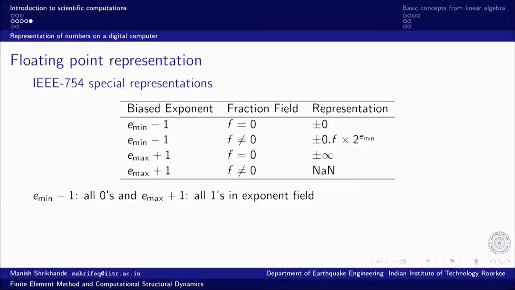So, binary field, I mean 0 0 0 0 0 1 0 1 0 0 1 1 etcetera. So, these are all discrete numbers, right. So, what we have here is, as I said, 1 is the hidden bit, and a biased exponent. We also have special representations. We can have it if the exponent field is minimum exponent minus 1.